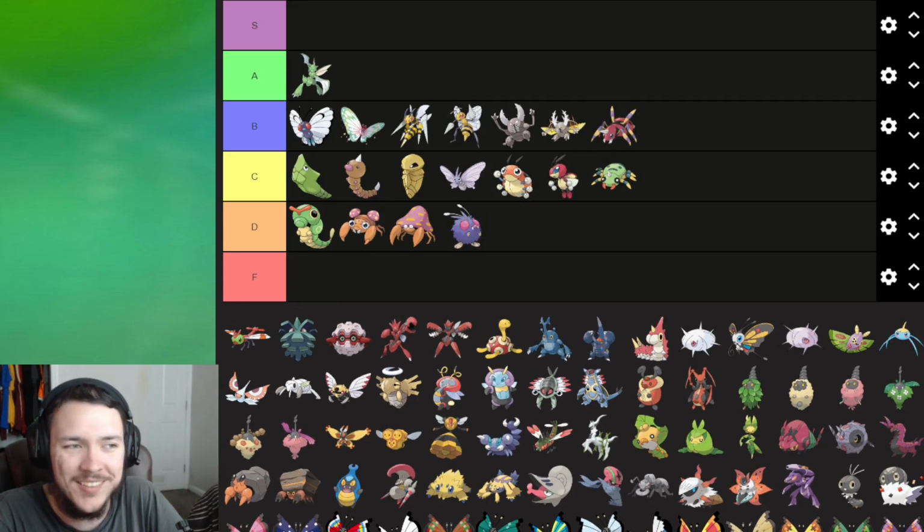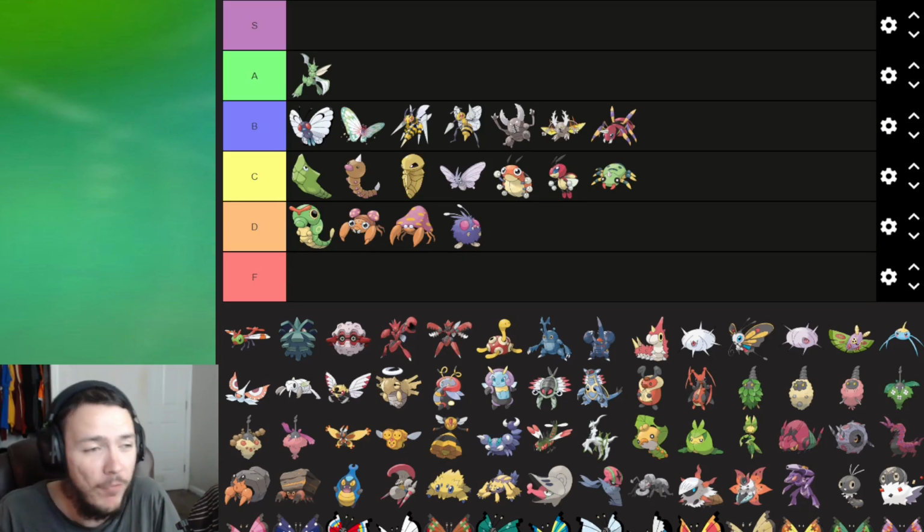Ariados is probably a B tier. I love the coloring. I love its cry. I love the orange, yellow, and purple it's got going on there. It's a pretty cool pattern, so...